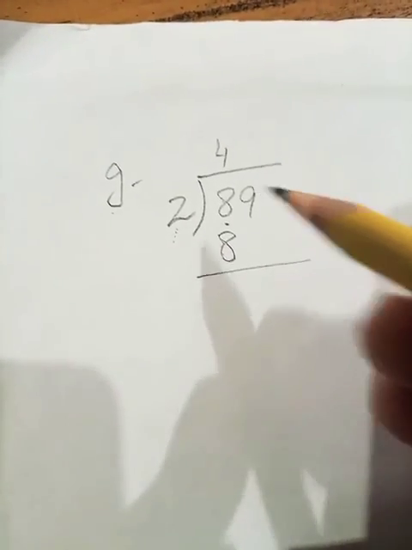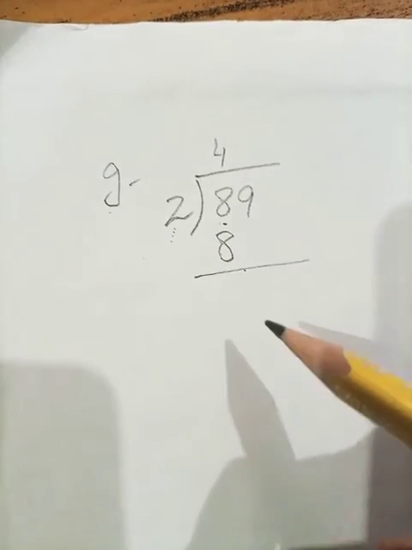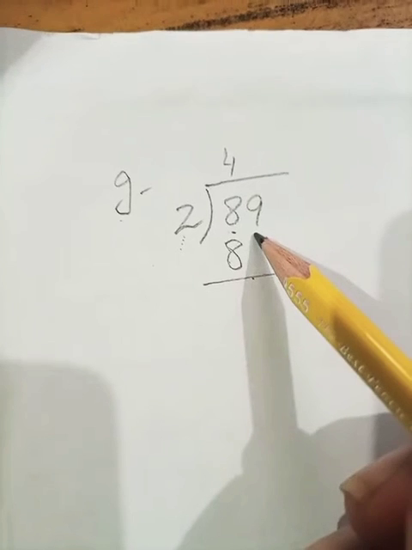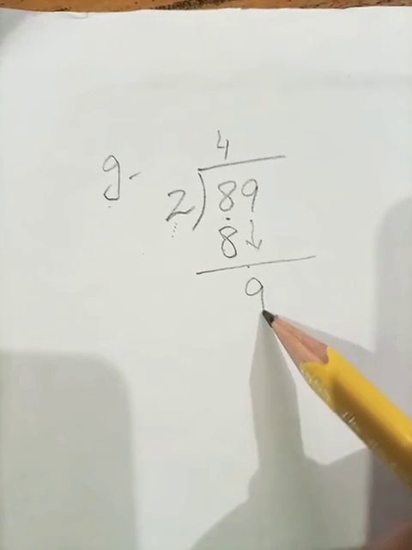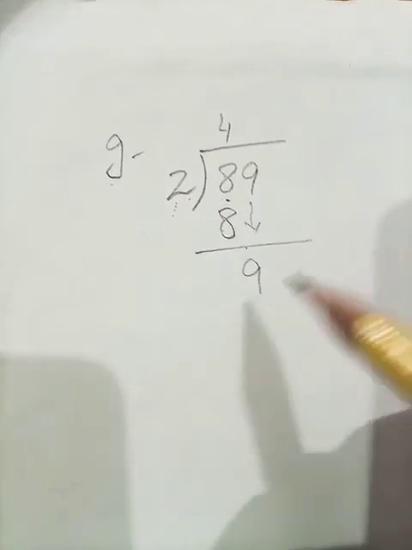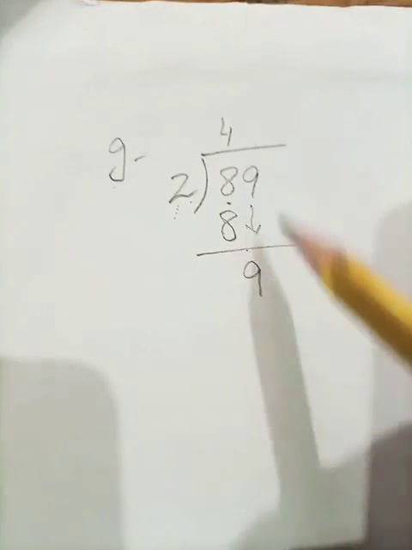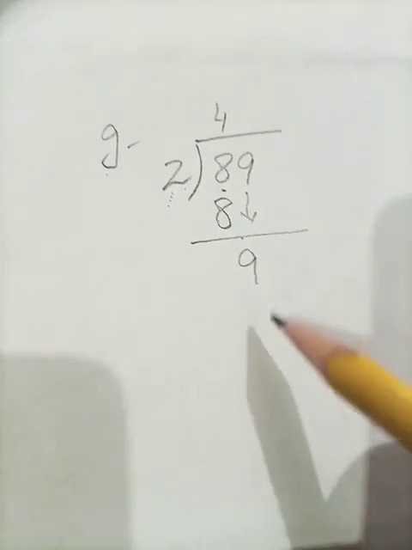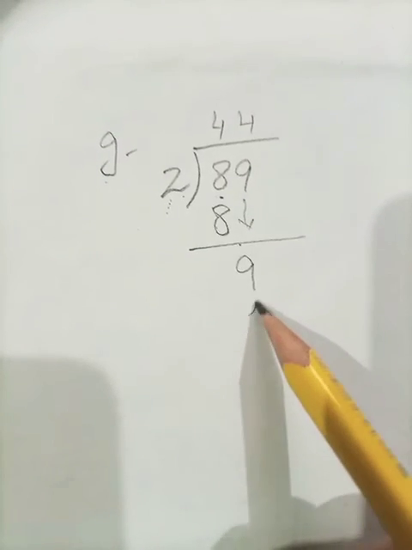Tell me the next step. Yes, our next step is subtraction. So when we subtracted 8 from the number 8, it will become 0. So I am taking this 9 down here. Here is the number 9. Now students, let's read the table of 2 until we got this number or the number that is less from this. 2 ones are 2, 2 twos are 4, 2 threes are 6, and 2 fours are 8. 2 fours are 8.